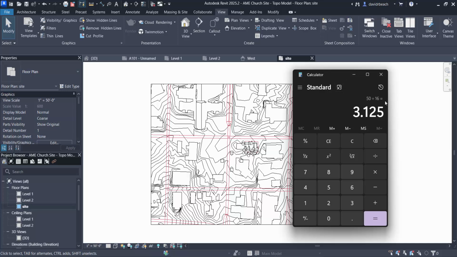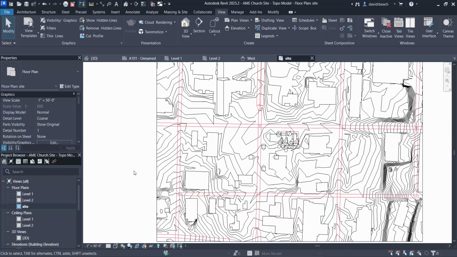So if I take 50 divided by 16, I know that each layer of chipboard equals 3.125 feet. Okay, so by the same token, to be clear on that, if I was a 1/8 inch model, I would have 8 divided by 16, or 0.5. Each layer of chipboard would be 6 inches. If I was a 1 to 100 model, I would have 100 divided by 16. Each layer of chipboard would be 6.25 feet. So I can use that to set my contours inside of Revit, in terms of how often it's drawing contour lines and what dimension those are at vertically. So let's go back to 50 divided by 16 is equal to